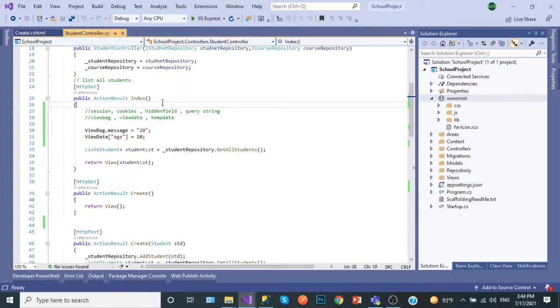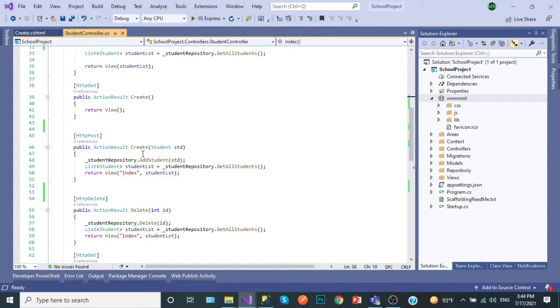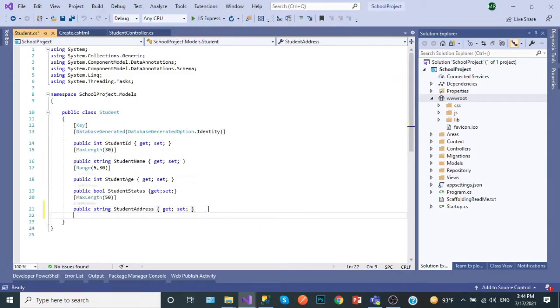Let's say that we need to upload the student image or the student photo. When we create a new student here, we need also to add the student photo. What we will do? First of all, we will go to the student model and we will add a new property. The property will be public string StudentPhoto, get and set,